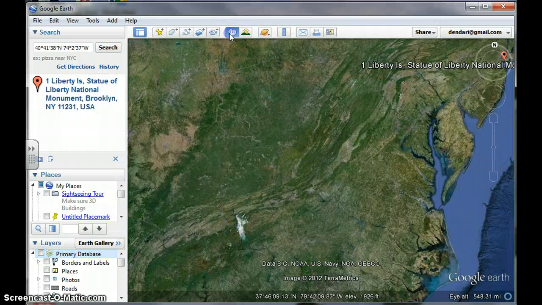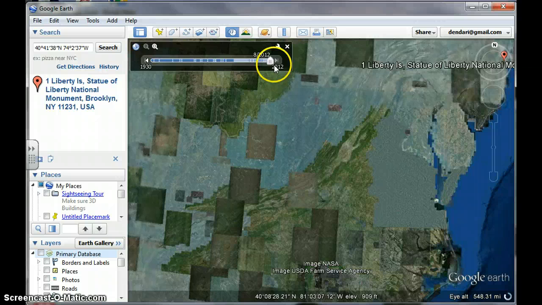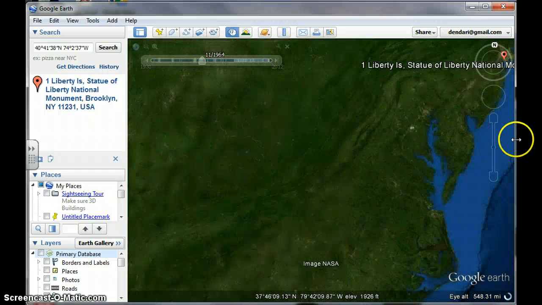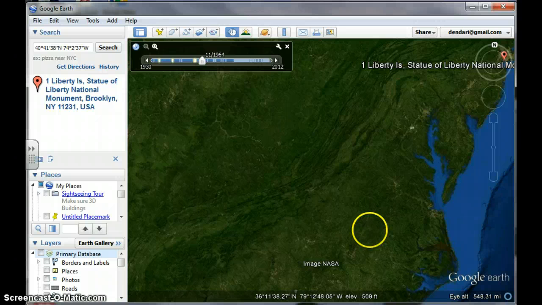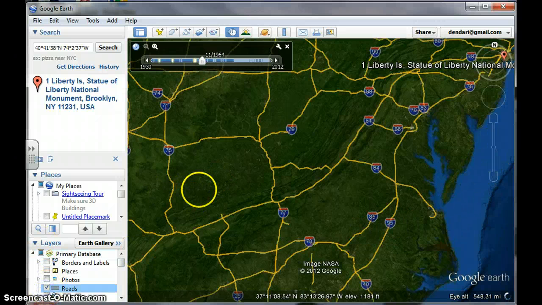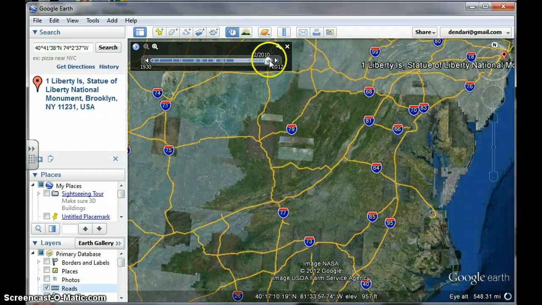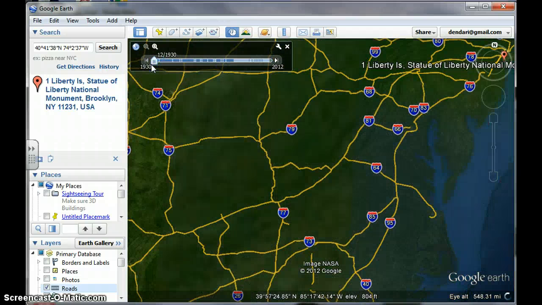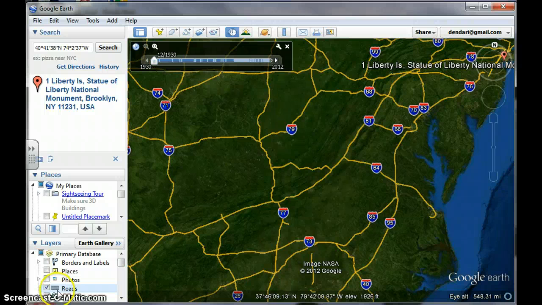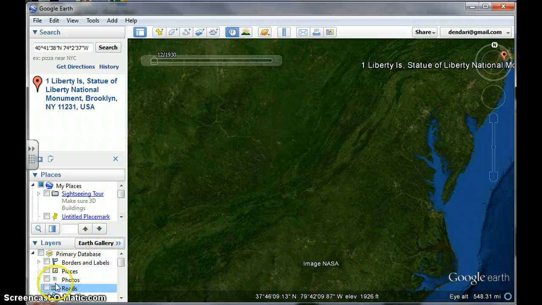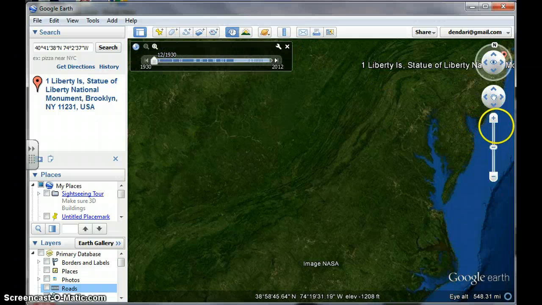And one of the coolest things is this little timeline up here. So this is 2012. Each of these lines is another year. So let's go back to 1964, and you can see there's a lot different here. If you had roads on there, here's roads in 1964, 2010. Let's go back to 1930. Are they still there? Yeah, they're still there. Never mind that. But if you zoom in,